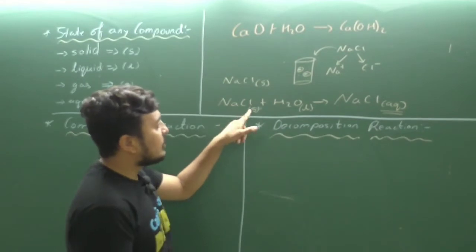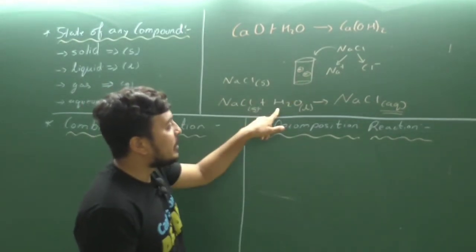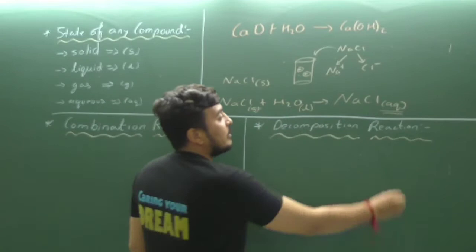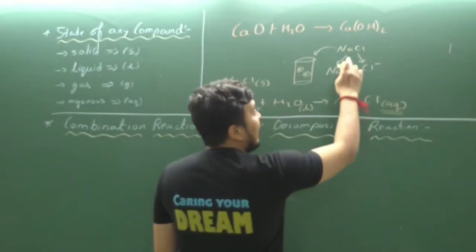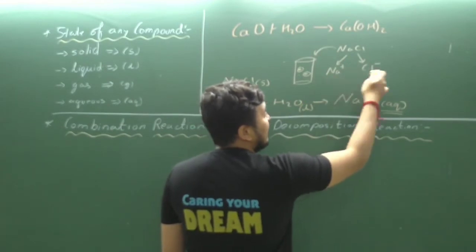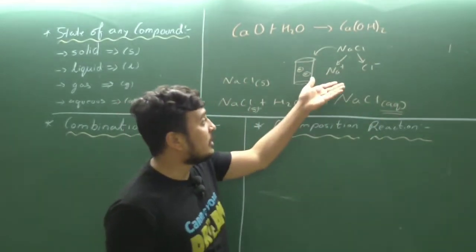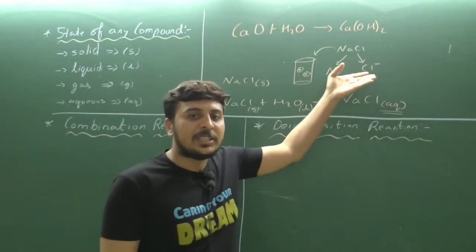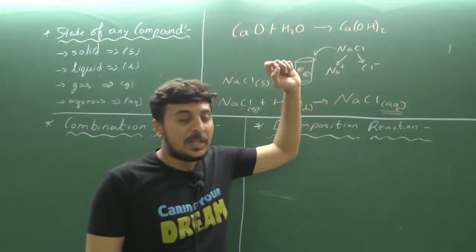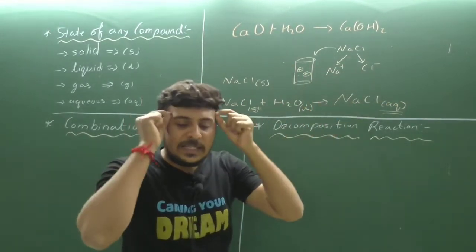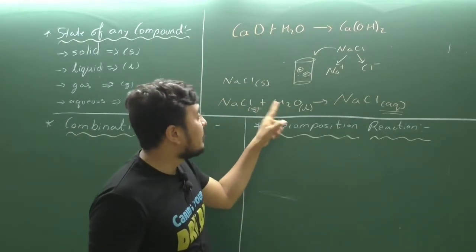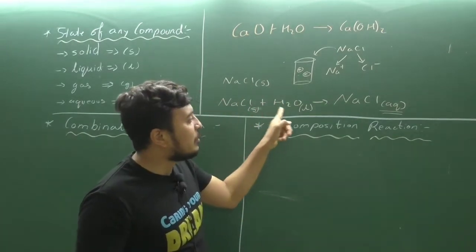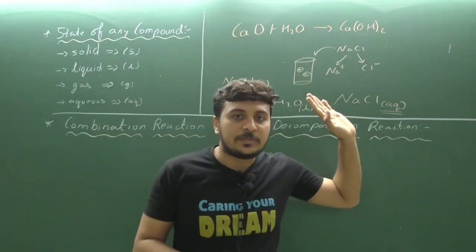First NaCl was in solid state. When it gets mixed with liquid water, it becomes the NaCl solution, that is aqueous solution. Why? Now here NaCl is in Na plus and Cl minus, that is positively charged atoms and negatively charged atoms, that is positive ion and negative ions. So it is known as aqueous solution. In short, you have to write that if any substance is mixed with water, it forms the aqueous solution.